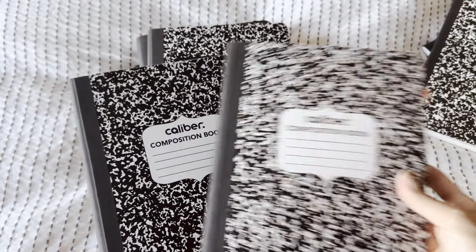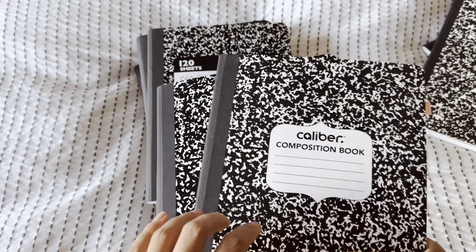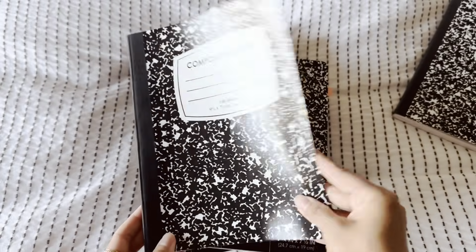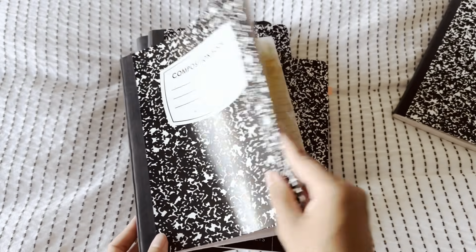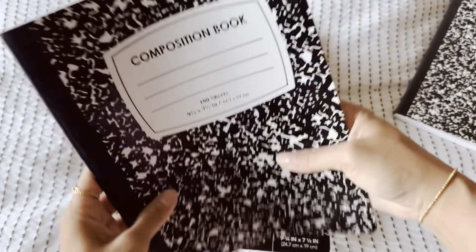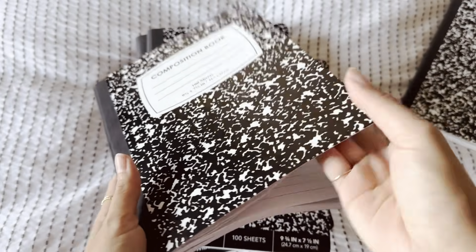Now I will note that out of all of them, cover wise, the Dollar Tree is the most flexible. I'd say it's very floppy. So if you don't like that, if you need something sturdy, you may not like this Dollar Tree composition because all of them are like this. Very, very floppy, moldable, bendable, pliable, squeeze in your bag, carry with you, stick a pen in here, and it'll